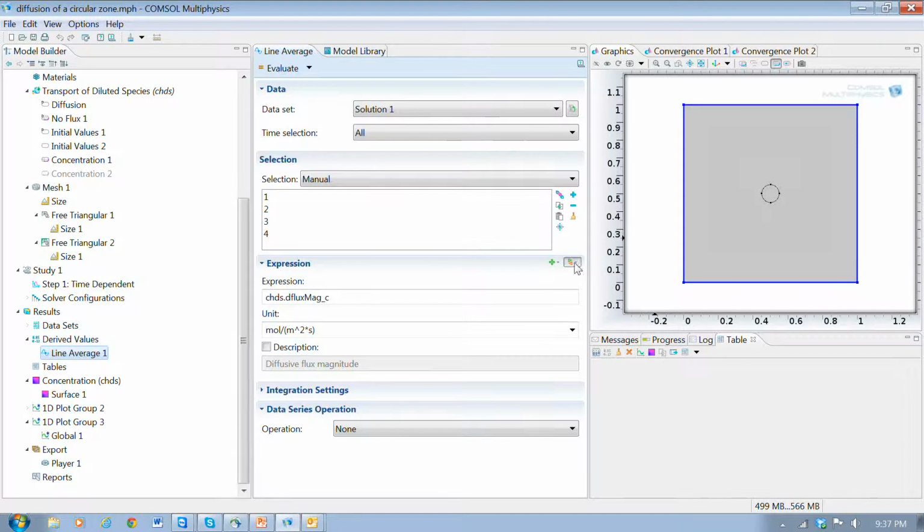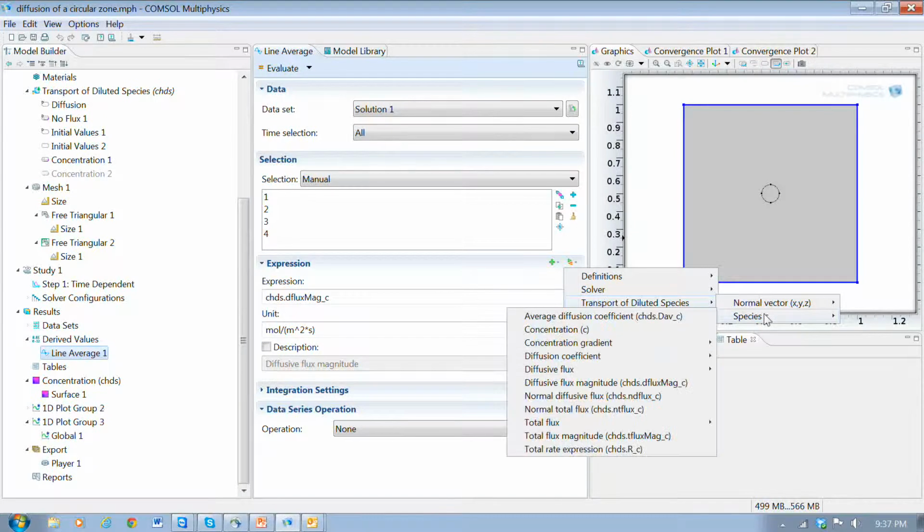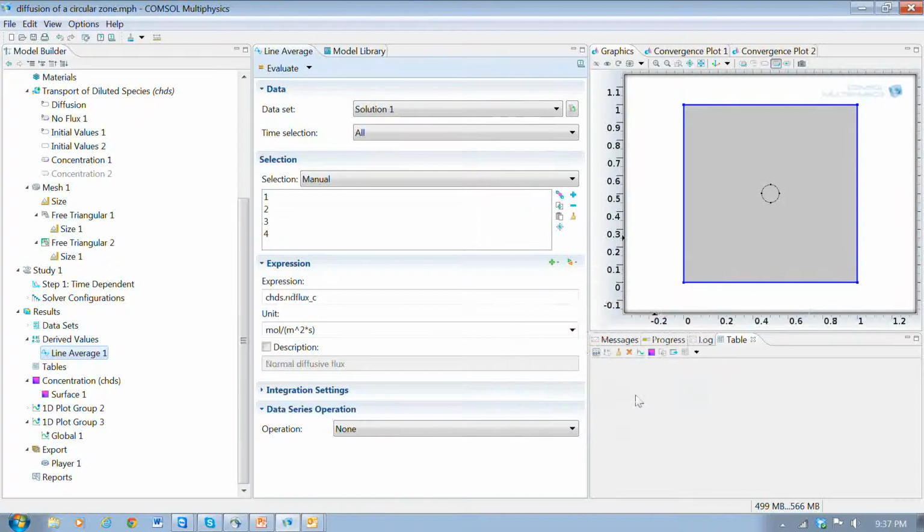I got that by selecting this variable here, go to transport of dilute species, species C, and the normal diffusive flux. Normal diffusive flux magnitude is what I selected. Let's just select this, the normal diffusive flux. Okay. So what we'll do now is select evaluate,